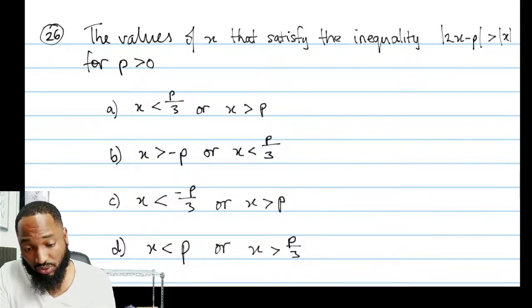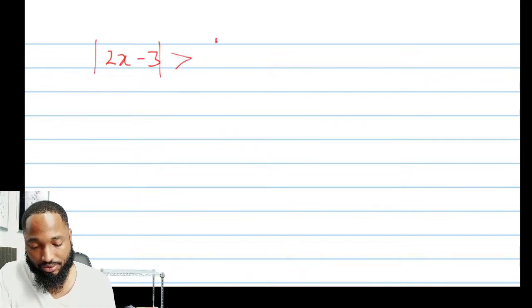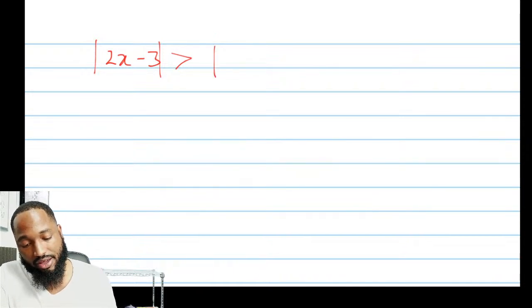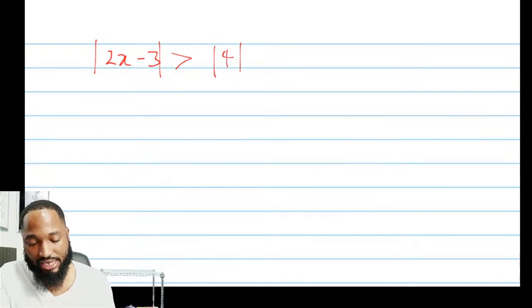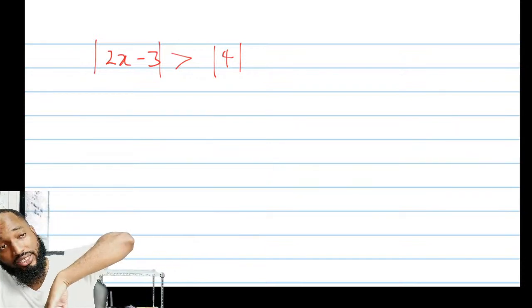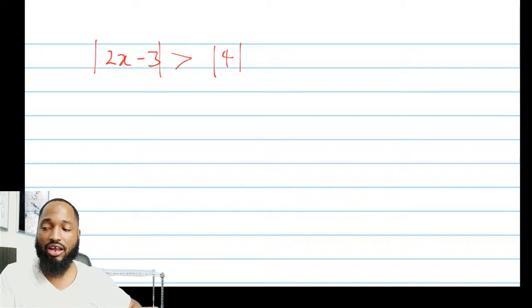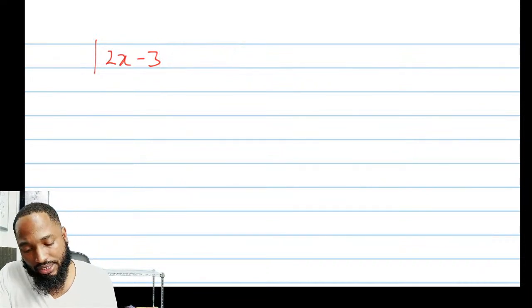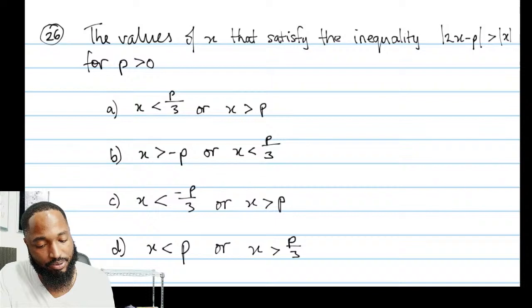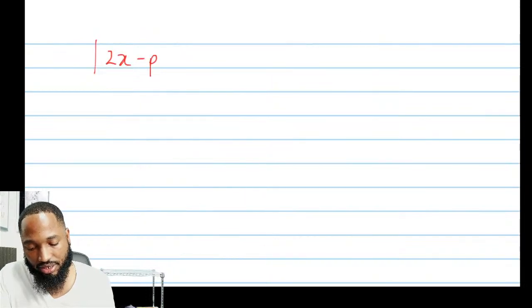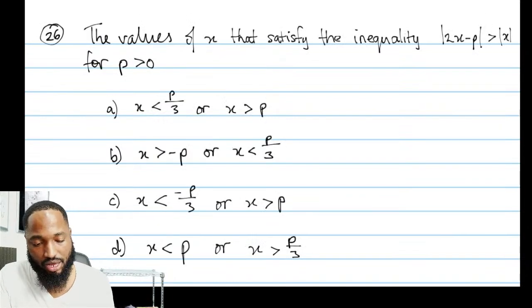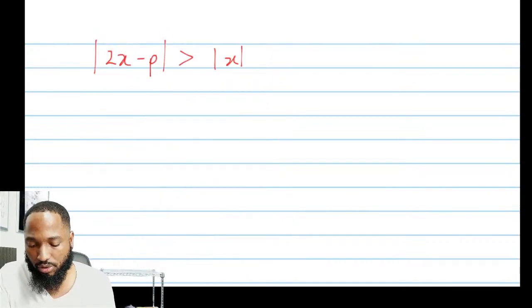I always do this using one method. For add maths, they normally do something like this, and you just square, bring across to one side, form a quadratic, and solve that quadratic inequality. For pure maths, they now want to play a little sneaky and put in the P. So P and X, I can't remember which way it was pointing. That way, great. So you're going to square both sides.